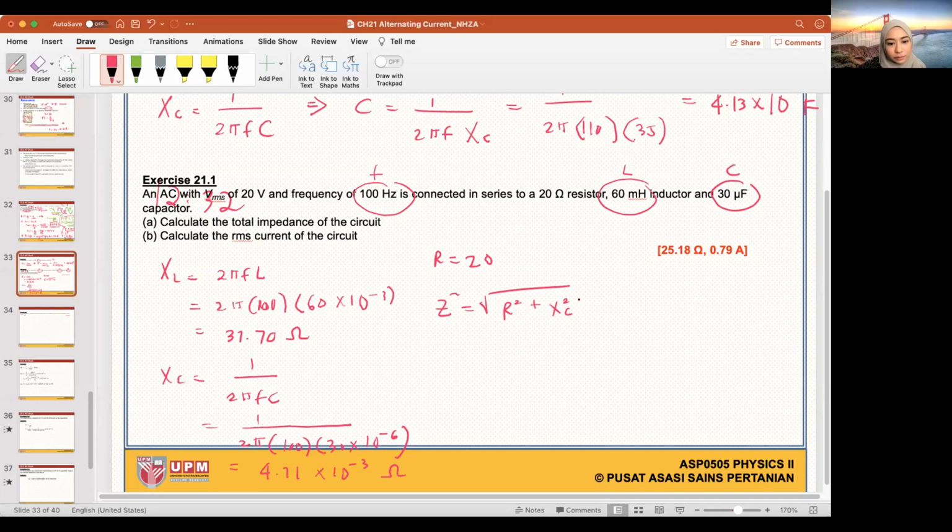We have XL here. Oh no, the X plus XL squared. Are you sure it's plus? It's a minus squared. Wait, let me check. It's minus. So is it XL minus XC or XC minus XL? XL minus XC. XL squared minus XC squared. Okay, so yang ni tak ada square because dah square root kan. So plug in